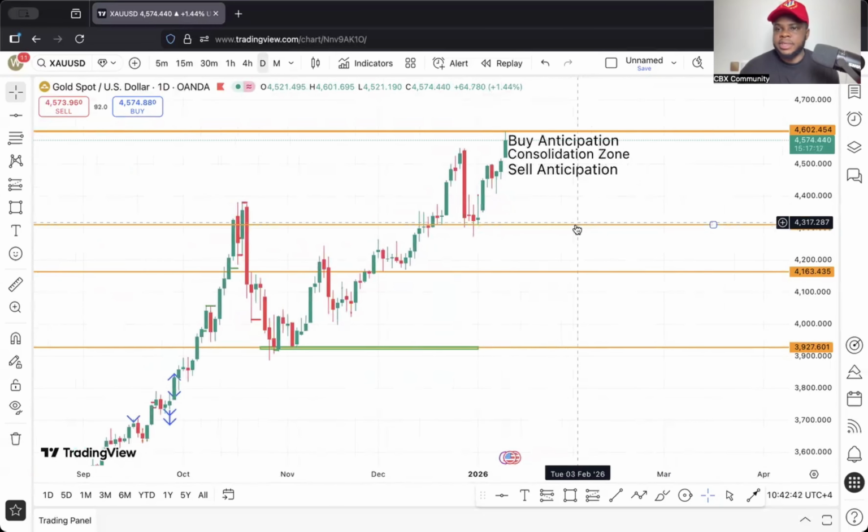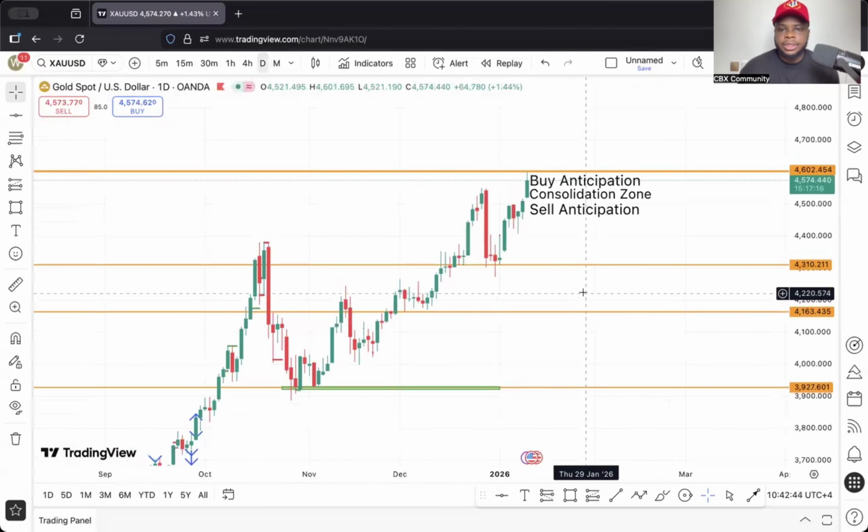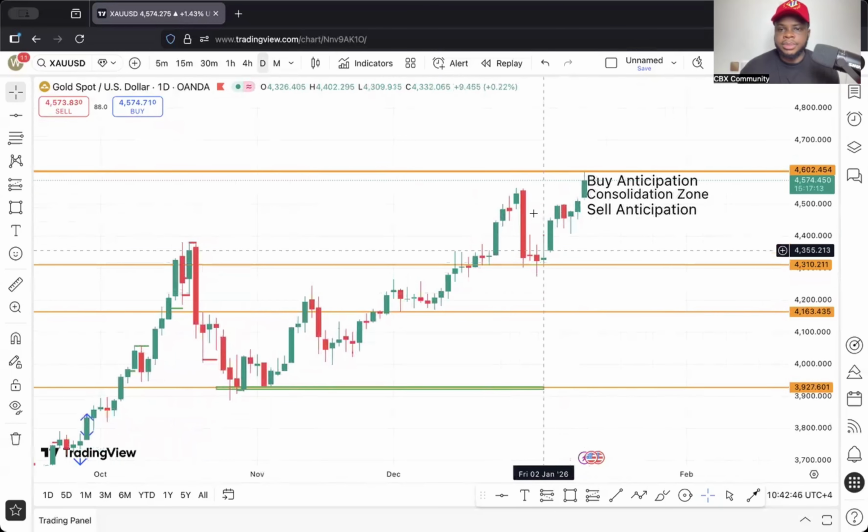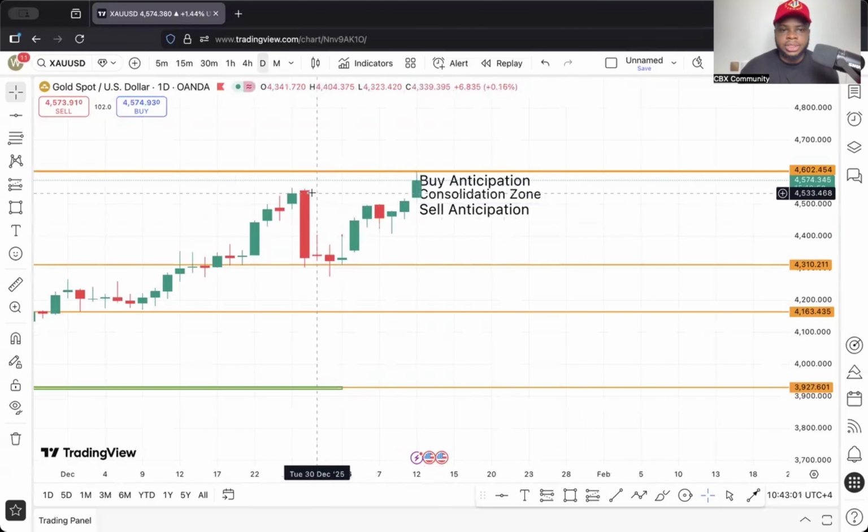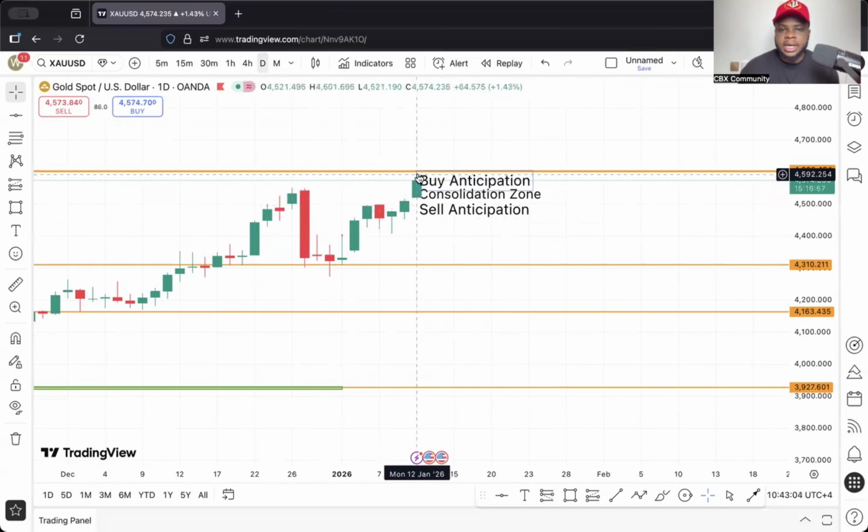Looking at the formation of the daily market condition. So from this high of this recent candle to the low of this recent candle, as you can see how the formation of the candle, we are in a consolidation zone. We have a resistance zone over here that this candle broke, and then it created an all-time high, which we are anticipating for the body of this candle to fill this week, then for it to continue to go up,